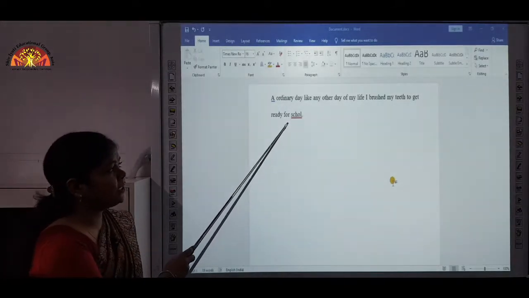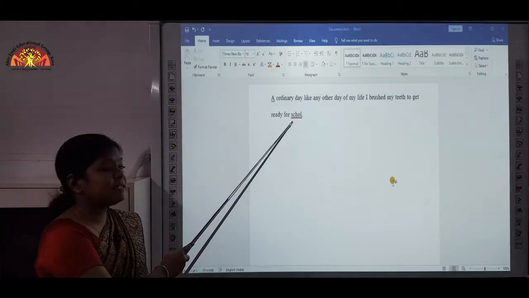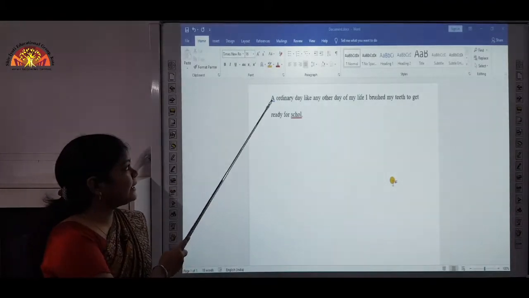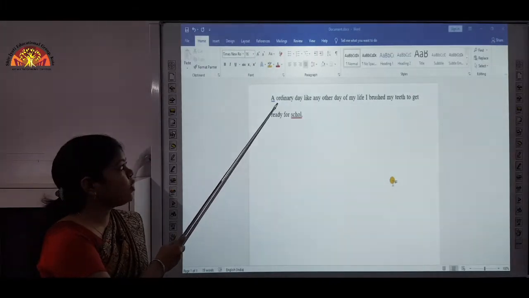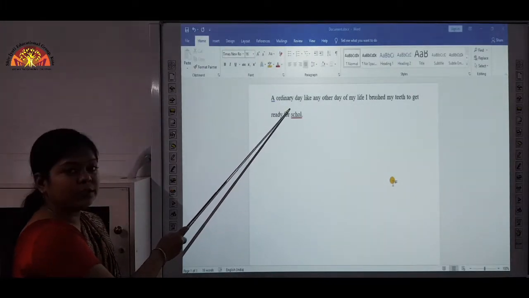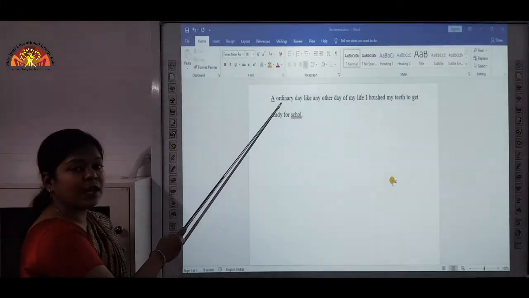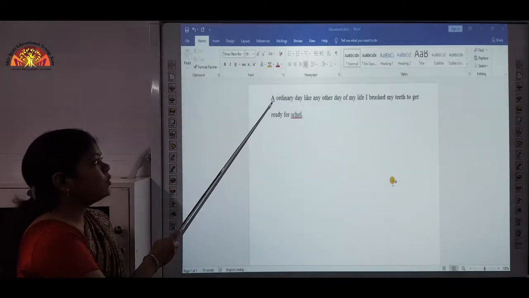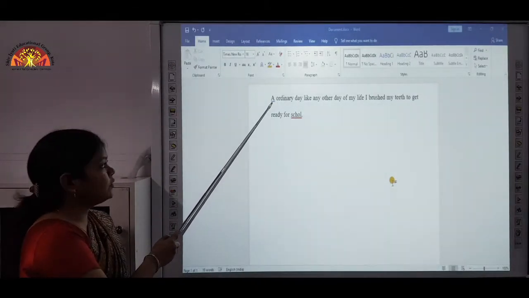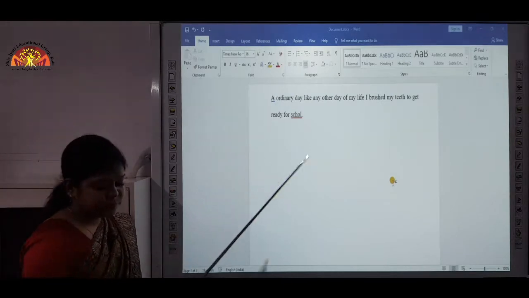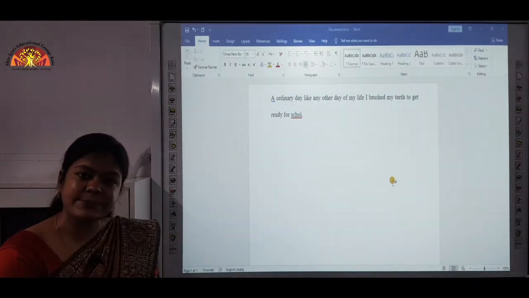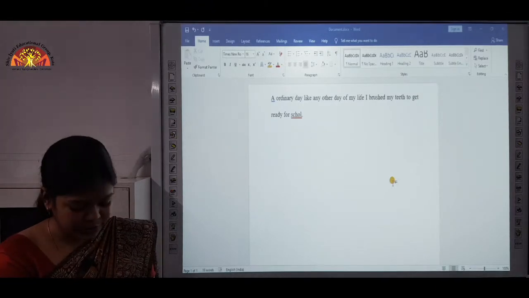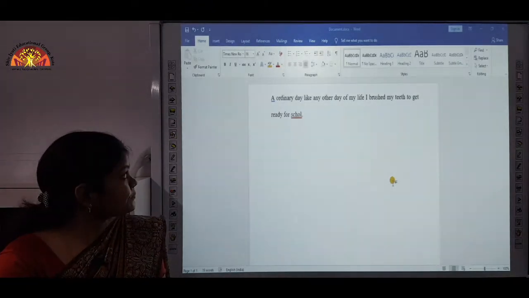This is the red wavy line under the word school because the spelling of school is incorrect. And here you can see a blue wavy line, which shows an incorrect sentence, because a is placed before ordinary, and ordinary is a word starting with a vowel. So here the article an should be used. These are two errors that we have to remove from our document using the spelling and grammar check option. So, let us start the practical.